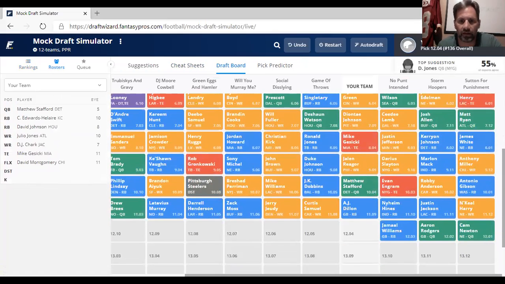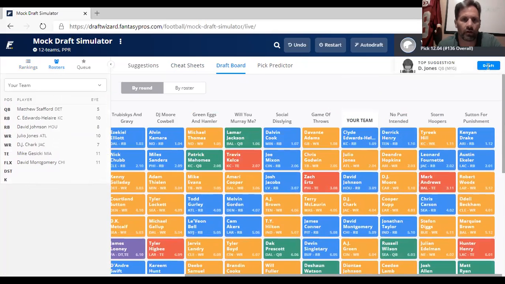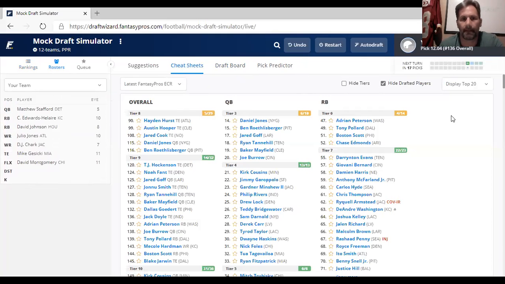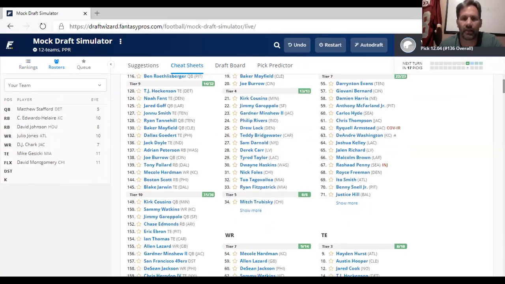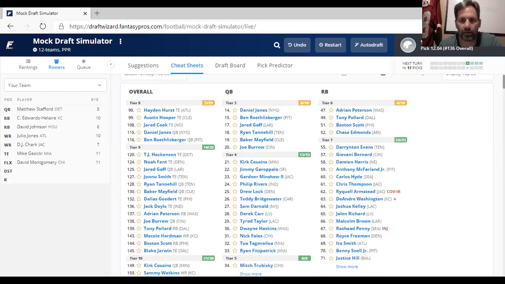And we are in the 12th round. So I can go one more, and let's see who we have available. And guys, this is just like the NFL draft where you're picking the best guy on the board, not necessarily the position that you need, but the best player on the board.